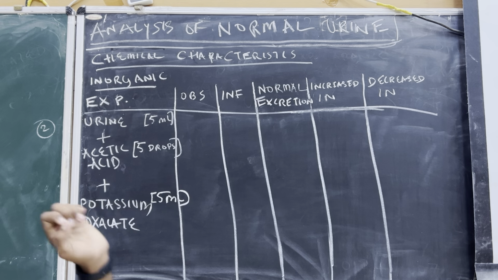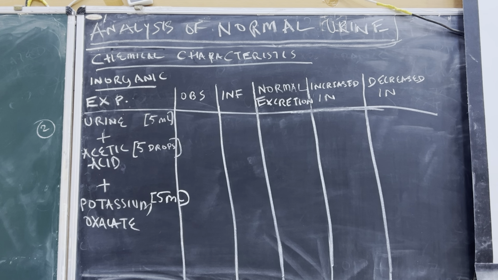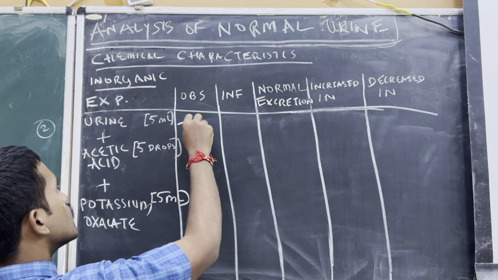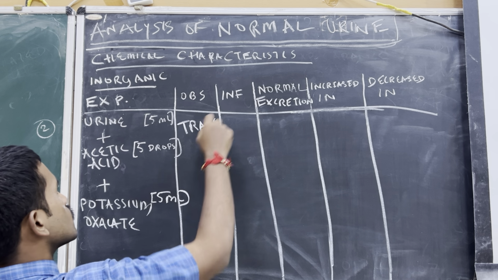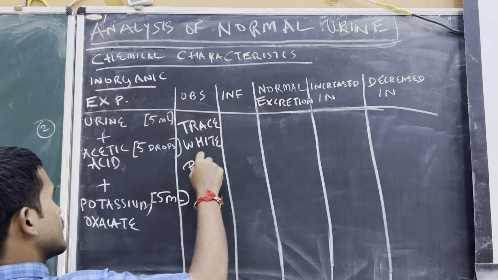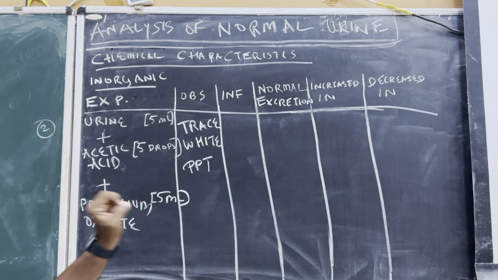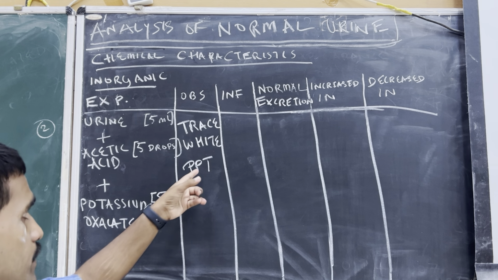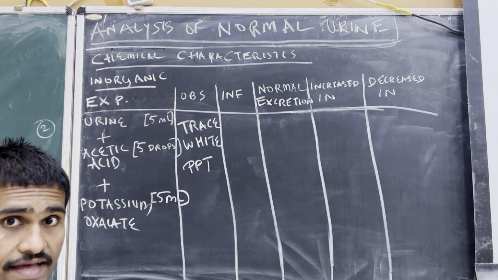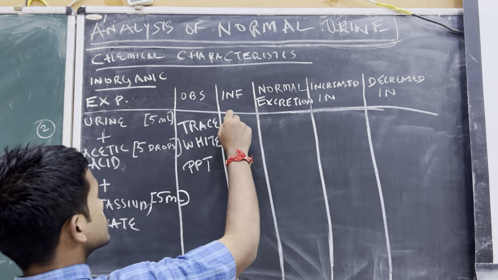Students tend to get confused about the amounts. This is from a standard practical textbook. So what is the observation? Trace white precipitate. You should write the full word in the exam, precipitate. Trace white precipitate. So why we have this precipitate? It is due to the formation of calcium oxalate. And hence the inference is